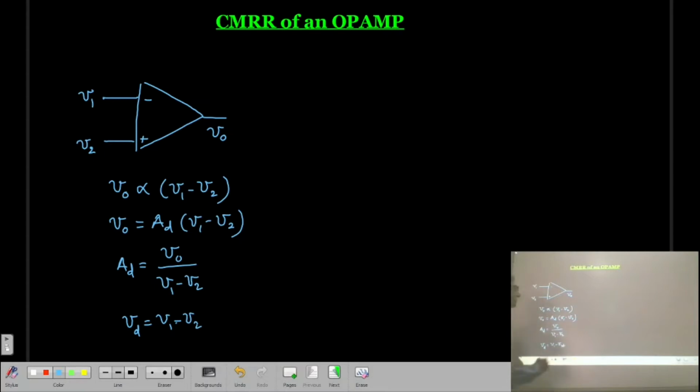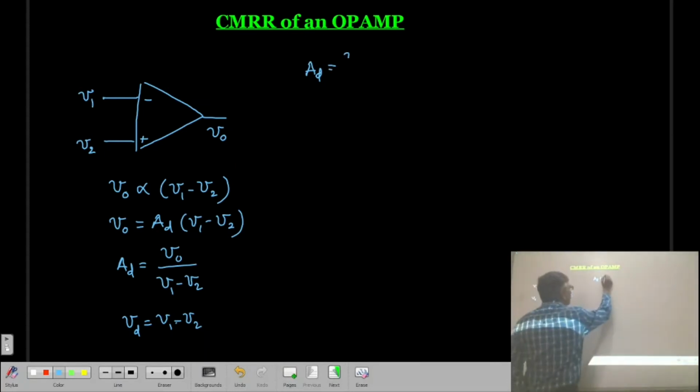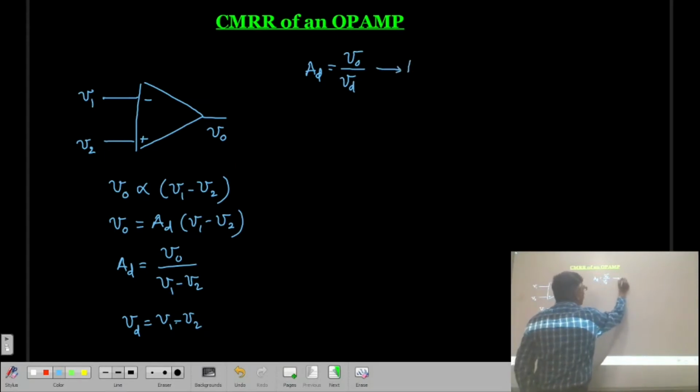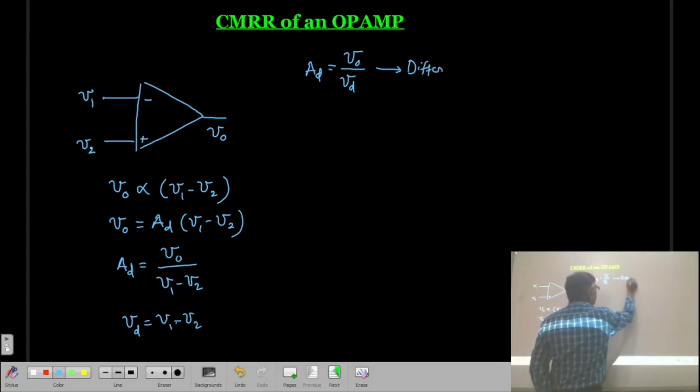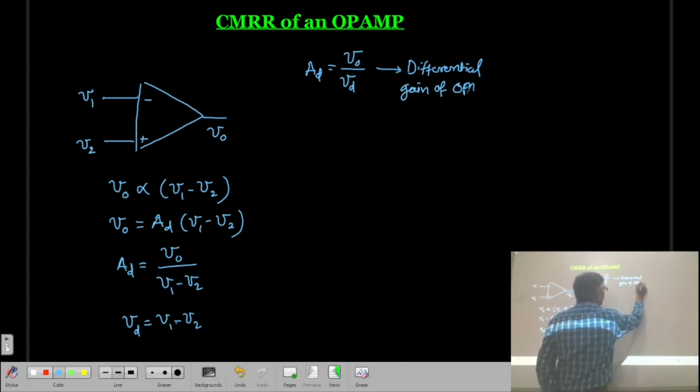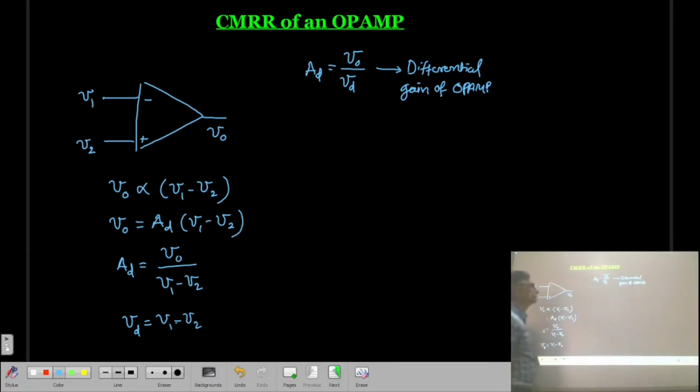As a result, the differential gain AD is written as VO divided by VD. Remember, this is known as the differential gain of the op-amp. VD is the difference signal, VO is the output voltage, and AD is the differential gain of the